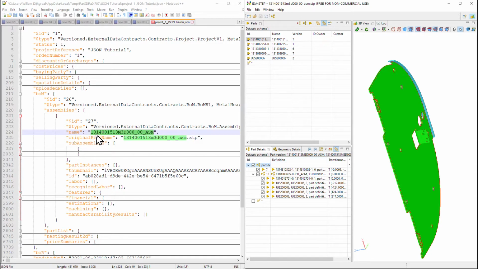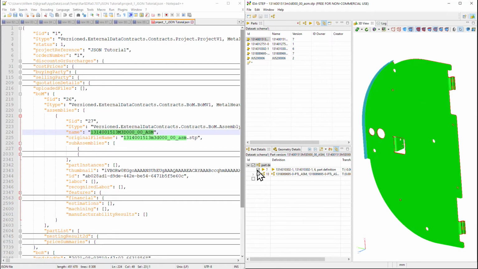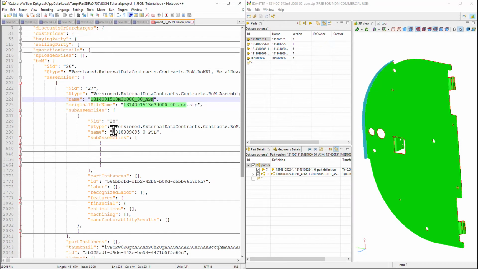Then you see the 131400 ASM. This name represents here in the CAD viewer the root, which is this thing as a whole. Then you see that this root assembly, so the main assembly, consists of two subparts. And exactly those subparts you can see over here when you open this. We have a subassembly named 13 blah blah blah PTL, and that is exactly what you see over here,